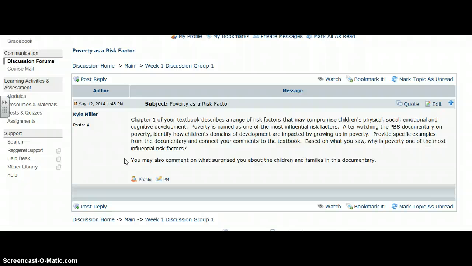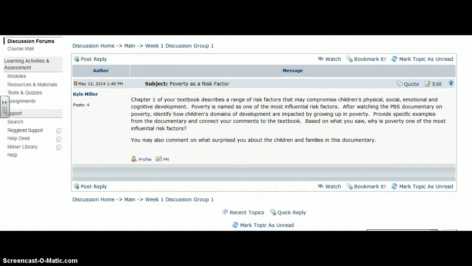So I don't have specific guidelines on exactly how you have to answer or organize your ideas, but they do need to be thoughtful and they do need to make connections between what you're being asked, like in the video, and our course content. So the way that in which you would respond, everyone should see that prompt. You just have to go to post reply,